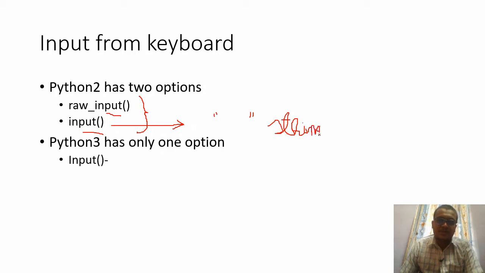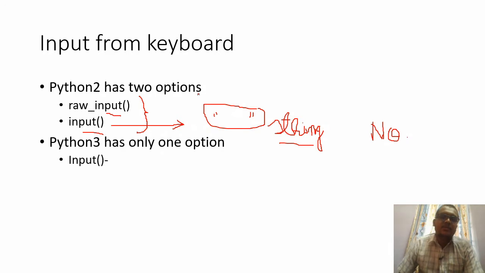If and only if you include the characters inside a string or quotes, those values are going to be considered as a string. If you are not going to give quotes, then these are going to be considered as numbers. So this is a version of the input function which was provided in Python 2.